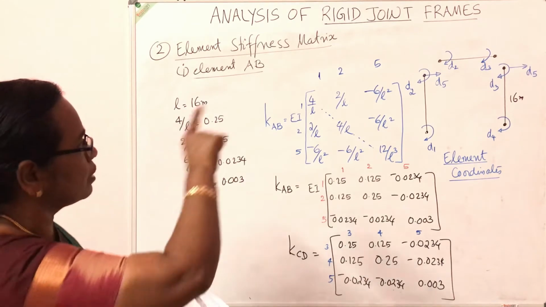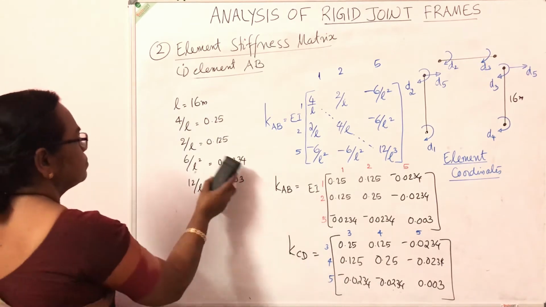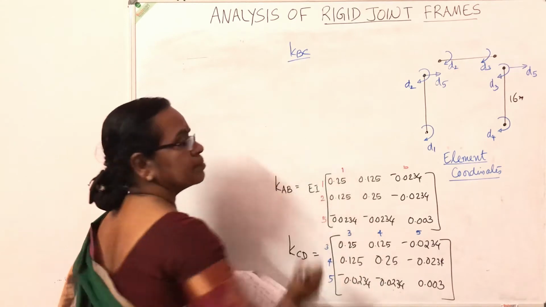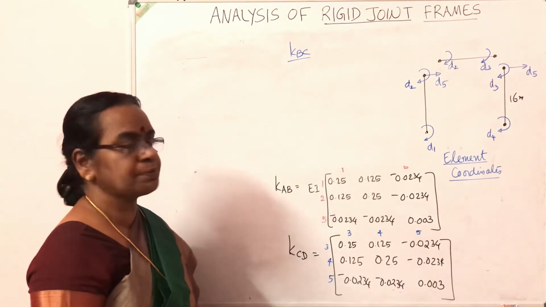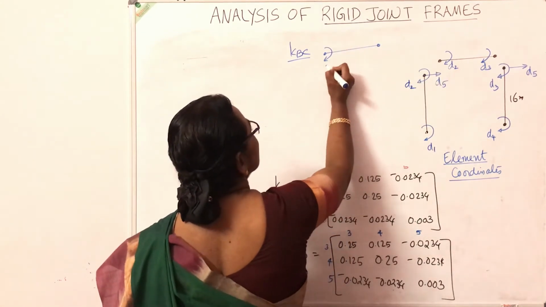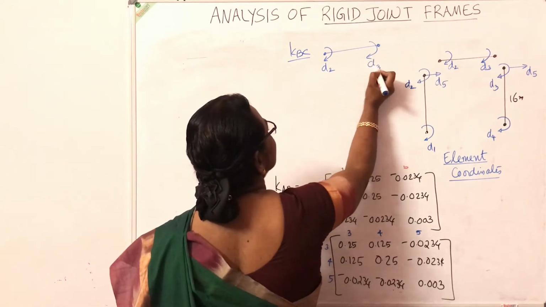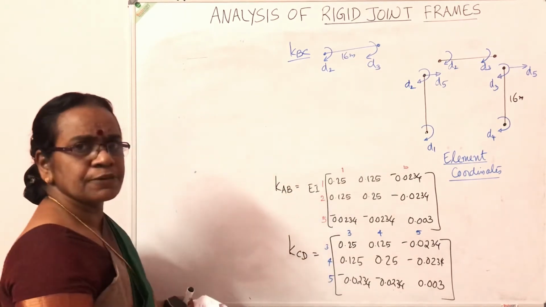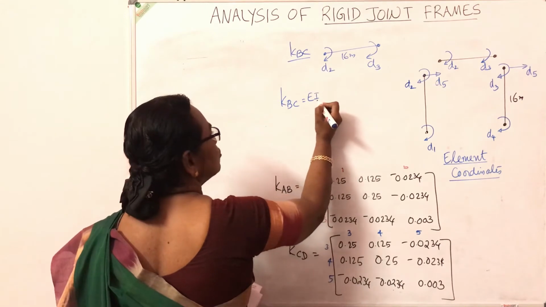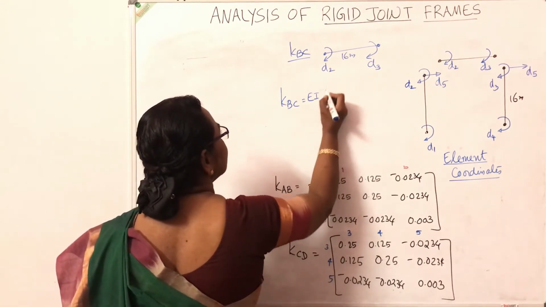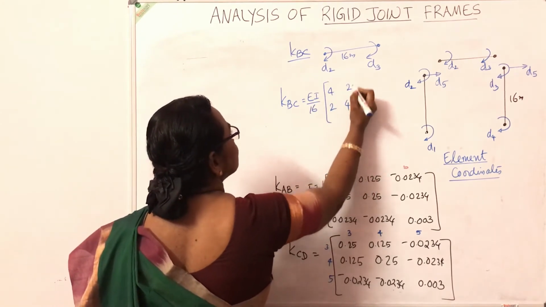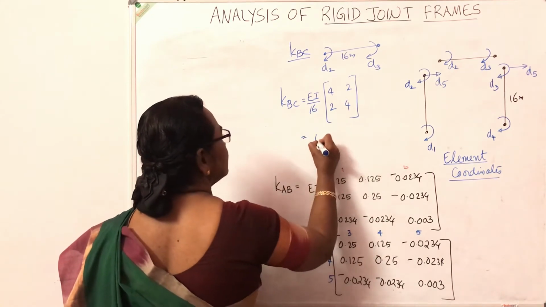Now one element is left, that beam element BC. Coming to element BC, we are going to write the element stiffness matrix for the element BC. BC is this element. It is having only D2 and D3. Length is 16 meter. So the stiffness matrix for BC is very simple. We have seen EI by L into 4224. So EI by L into 4224 or EI by 16 into 4224. It will work out to EI into